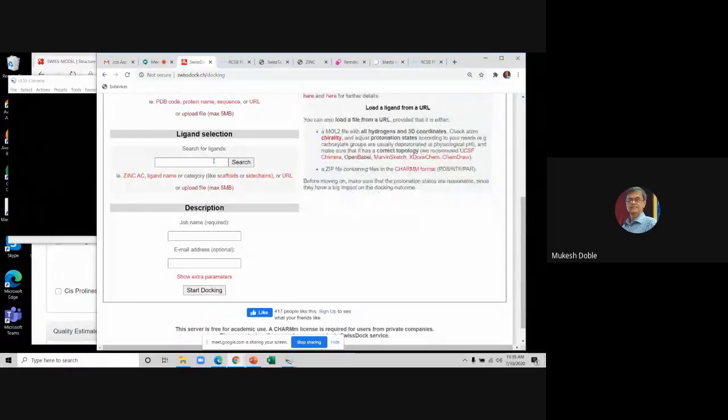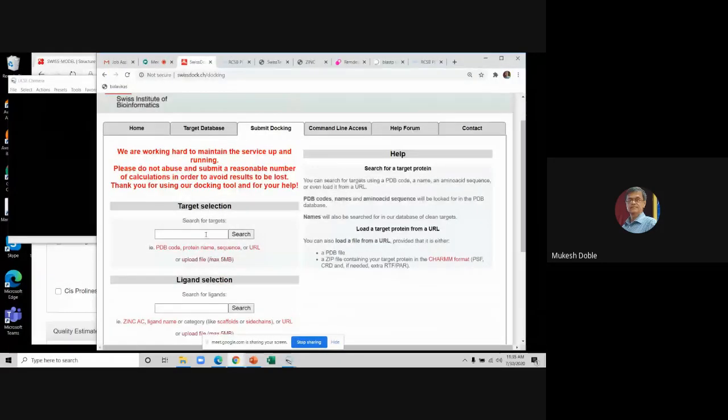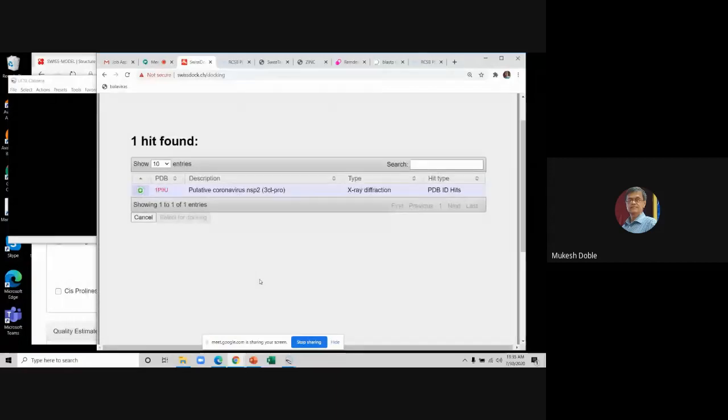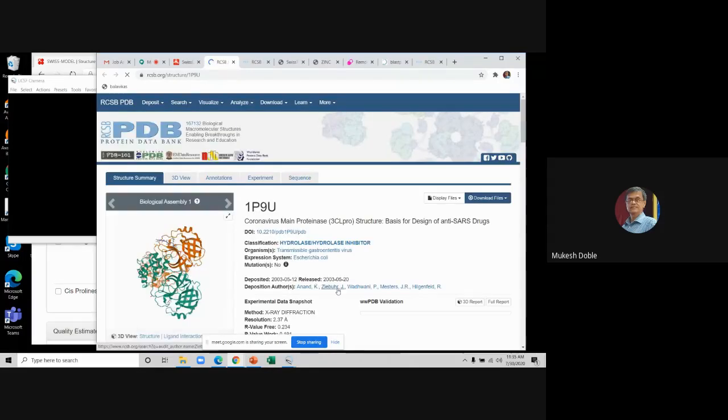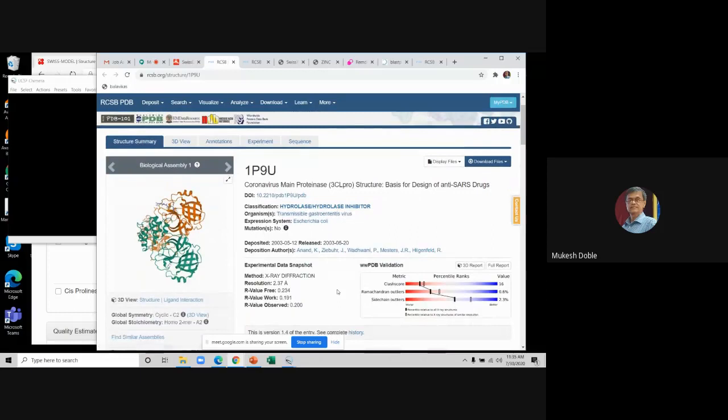I can give the protein 3CL and search. Yes, it found 1 PDB. So we can look at that protein. This protein is 3CL protease, which is involved in the replication of the RNA of SARS